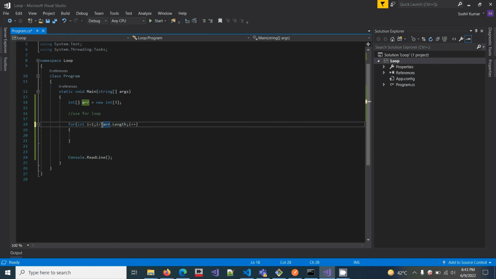In a professional way, the loop always starts at index 0, because an array starts at index 0. So the condition is less than.